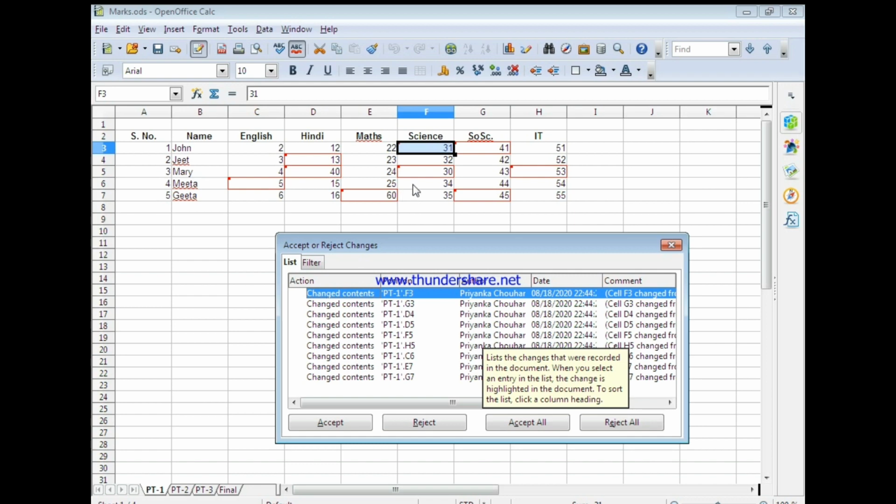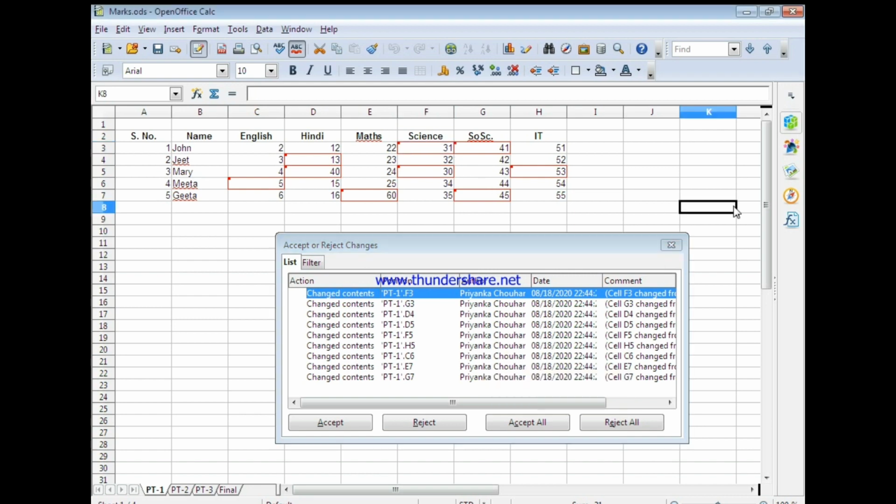Although I had not recorded the changes, when we compare the two files, these changes are shown like this. All the changes are shown with this red boundary. Along with that, the comments would also appear. It also has comments which show which change was done and what the change was. So when I hover my mouse, the comment is shown here. So this way we can compare the two files and the changes would be shown to me here.